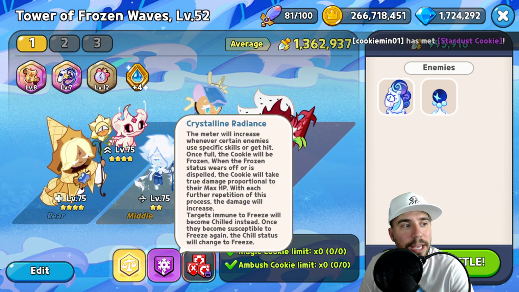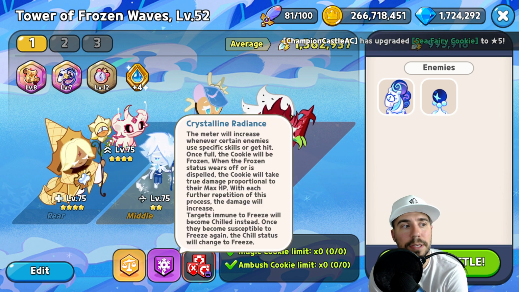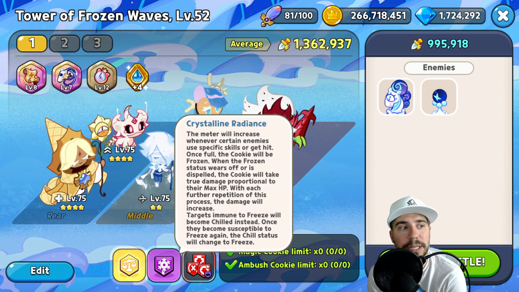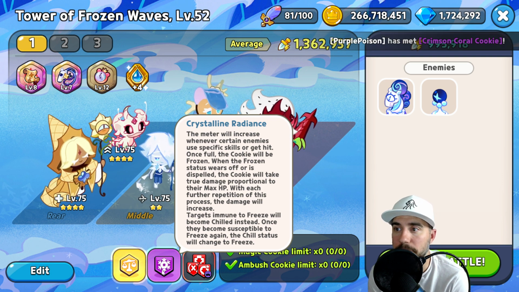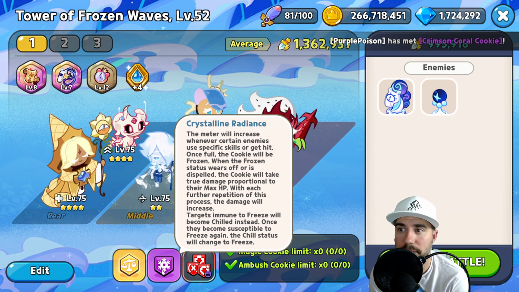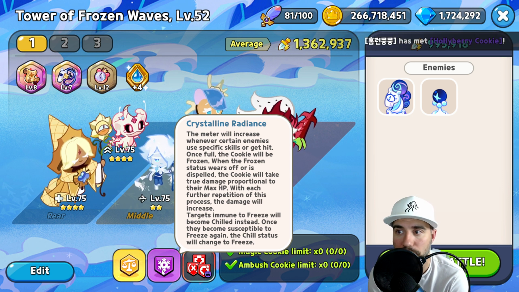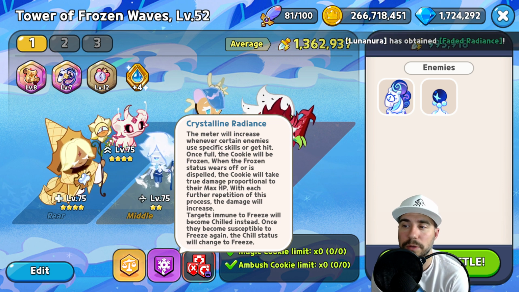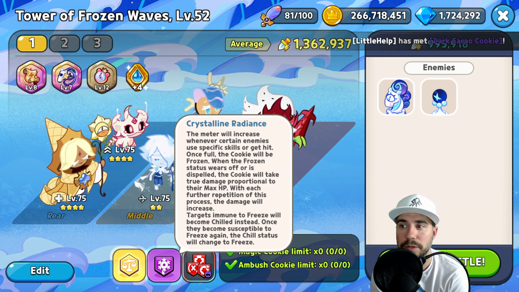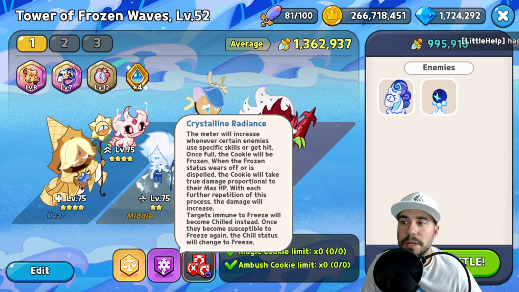We have Crystalline Radiance. Now the meter will increase whenever certain enemies use specific skills or get hit. Once full, the cookie will be frozen. When the frozen status wears off or is dispelled, the cookie will take true damage proportional to their max HP. With each further repetition of this process, the damage will increase. Targets immune to freeze will become chilled instead